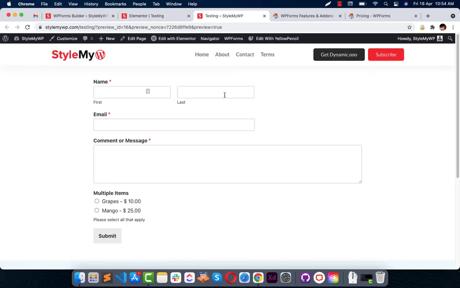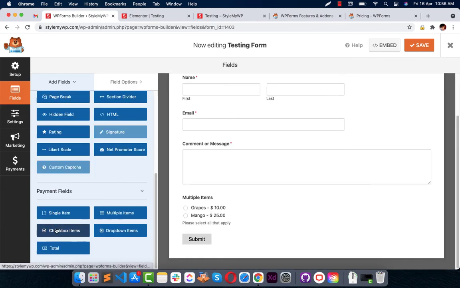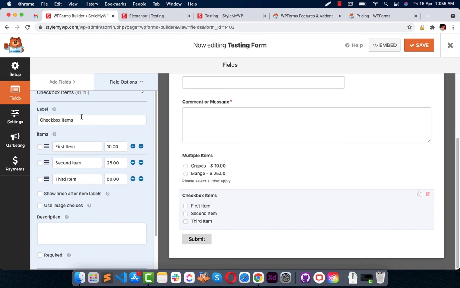You can preview the form in your next window. Okay, like that. If you want to show a total to your users, then you can customize your form that way. You can use checkbox items to show multiple items right here, and you can write products and then items.